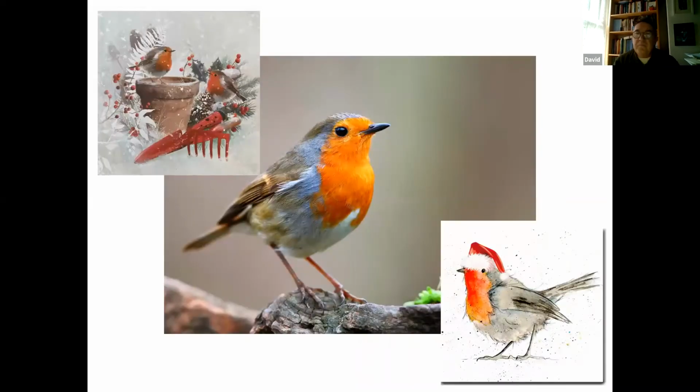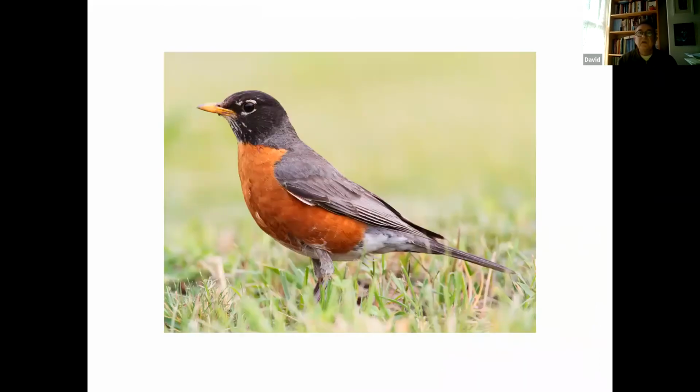My view, as I'm walking back to my office, was: who would not know what a robin is? You see that it appears on our Christmas cards. There's a little bird there. You just wouldn't mistake this thing. So I looked up robins. And of course, there's this one. It's a North American robin. Now, that interested me because obviously we were lacking some communication there.